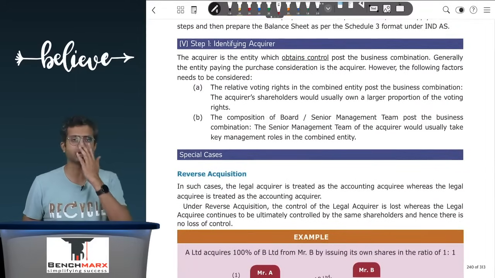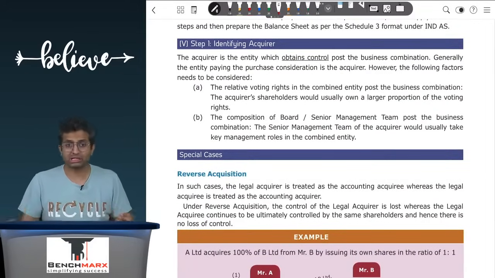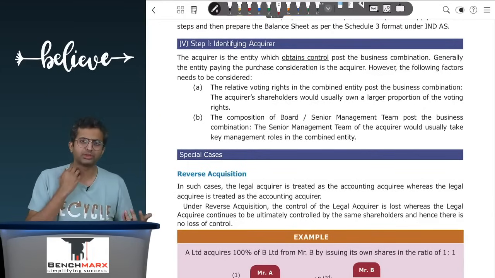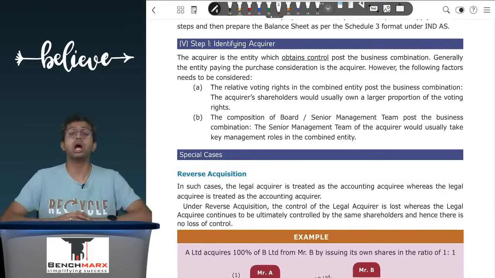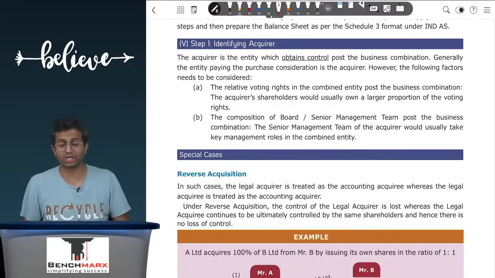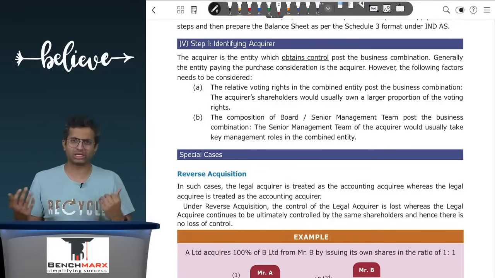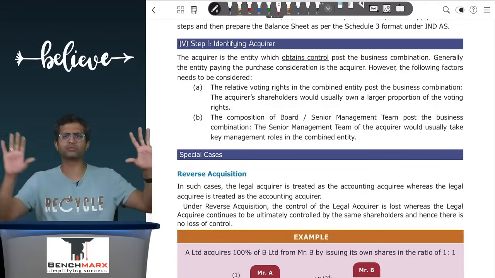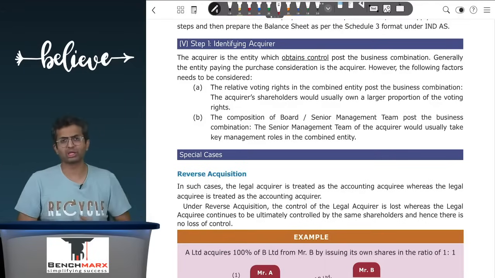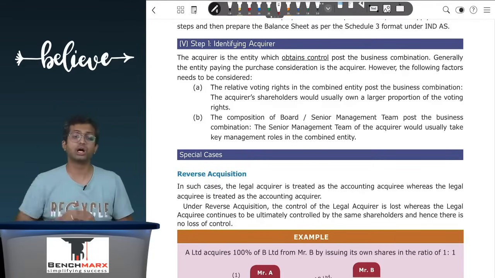First is identifying the acquirer. As we said, the person who acquires control over a business and not necessarily the person who pays the PC is the acquirer. Acquirer over here can be the person who can be determined to have a relatively greater percentage stake in the post-combination entity. So the person who gets a greater controlling stake in the post-combination entity is the acquirer. So, for example, there is Vodafone and there is Idea. They merge together and form V Limited. And in V Limited, hypothetically, let us say Vodafone has a 60% stake.